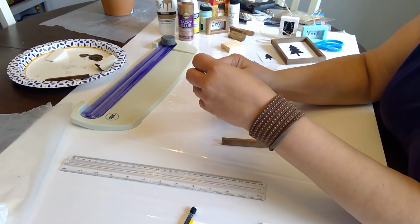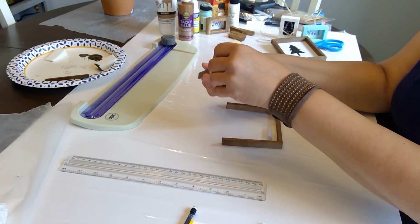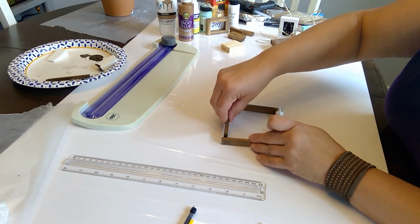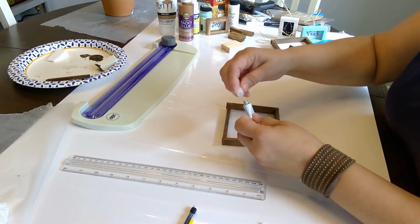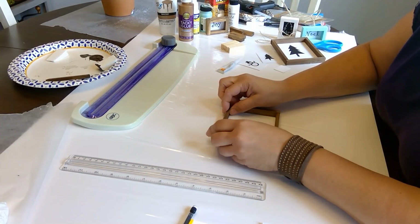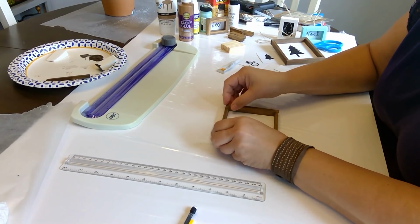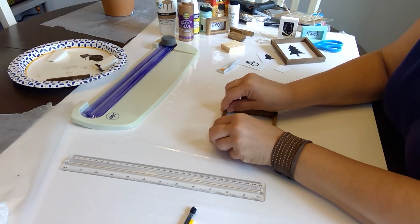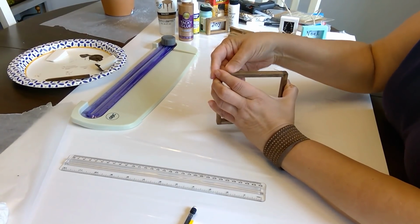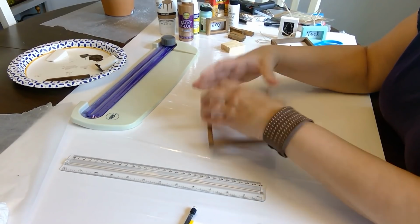So let's do, came out pretty fast. And I got this glue at the Dollar Tree. A lot of stuff you can get at the Dollar Tree. You want to immediately get in there and hold your pieces of wood together. Press on it so that it stays. Okay. And you want to hold this